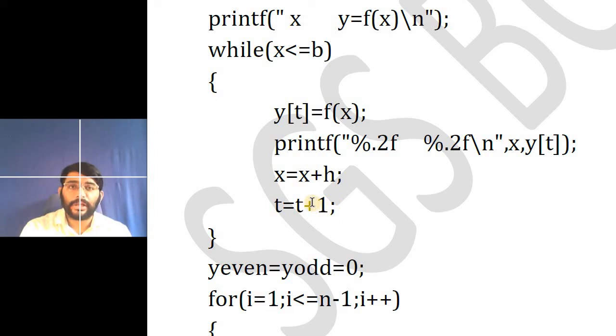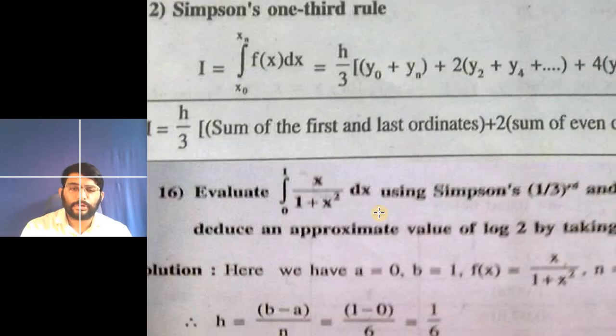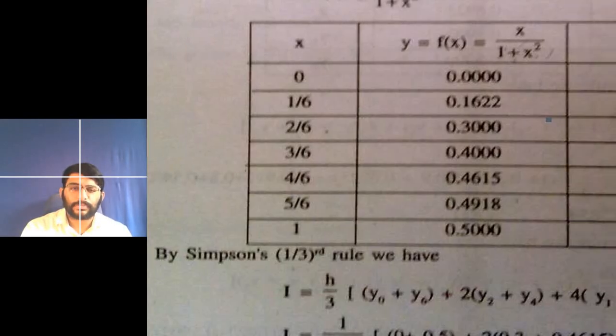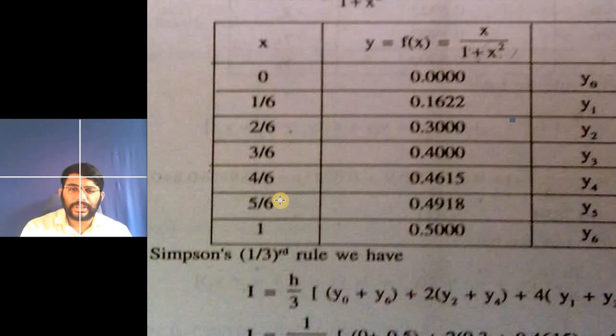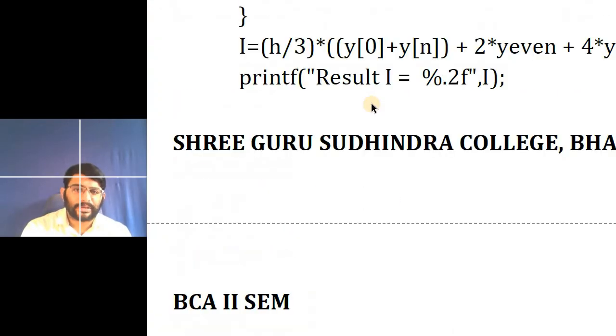Why is t essential? Y0, then y1, then y2, then y3, right? That 0, 1, 2, 3 index changes, so the t is taken. It's nothing but a counter. This is continuous. As and when you run this particular part, in your program you are going to get this block. The x value is calculated, based on the x value the y value is calculated, and all these y values get stored in the given array, that is y.